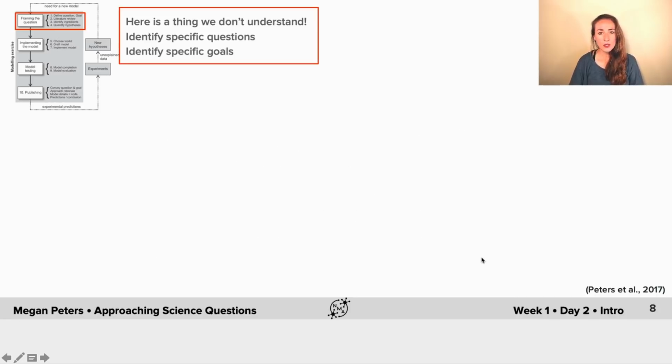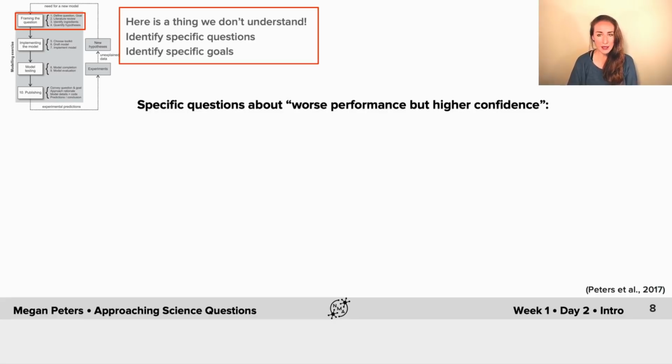Okay, so our next big task is to start to identify the specific questions we can ask with this phenomenon, so this controversy, to try to break down the answer to that why question into bite-sized chunks. So our big question isn't really about the controversy per se, but about the newer observation that zapping you in the back of the head makes you terrible at seeing, but feel like you can totally see super well. So why is this the case?